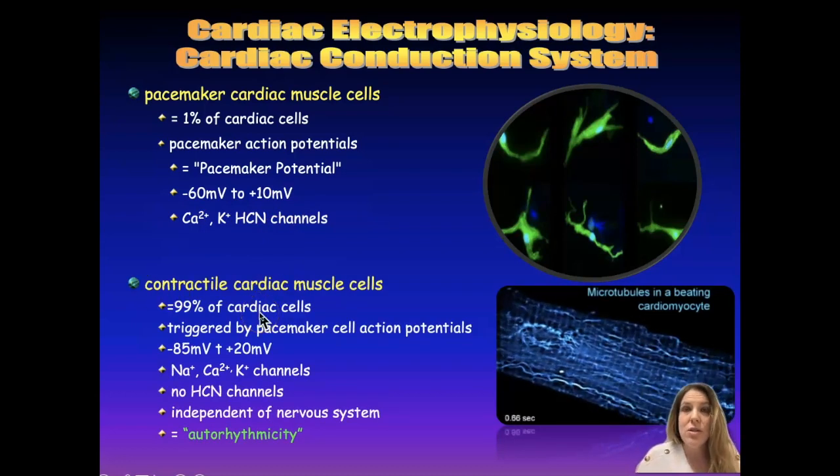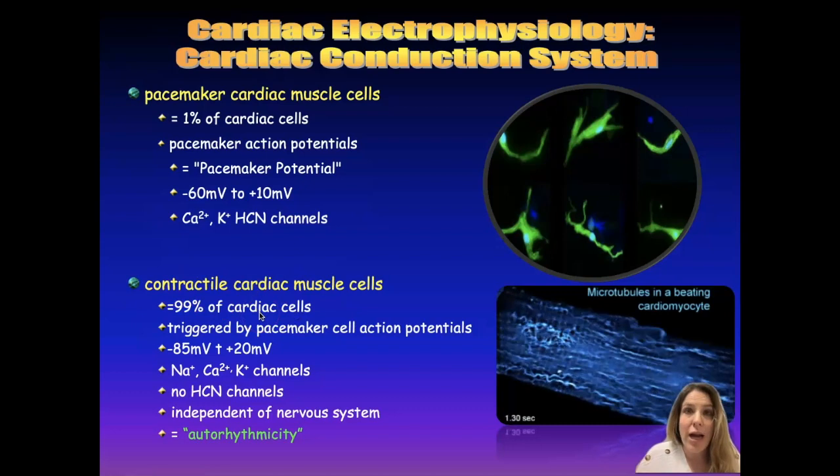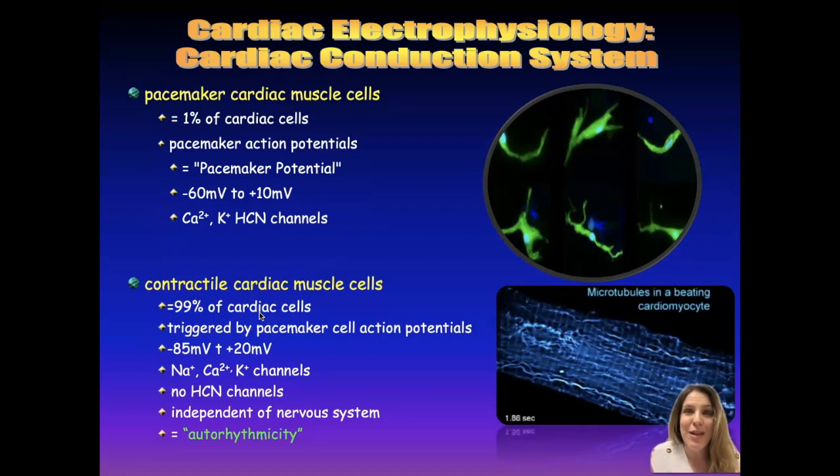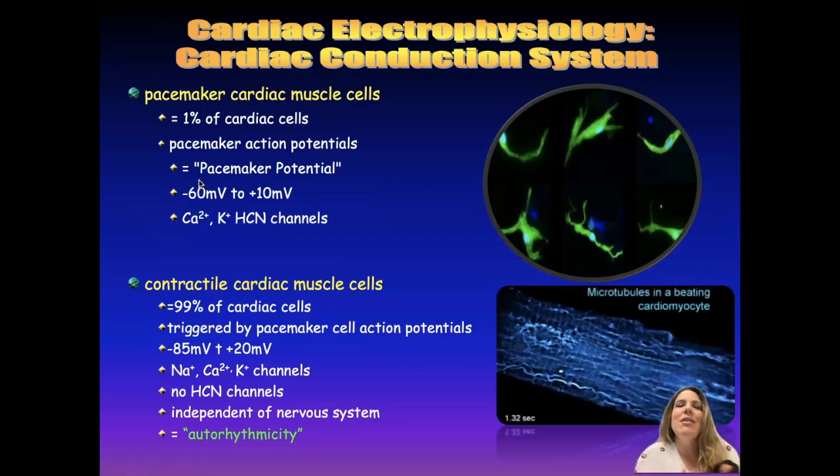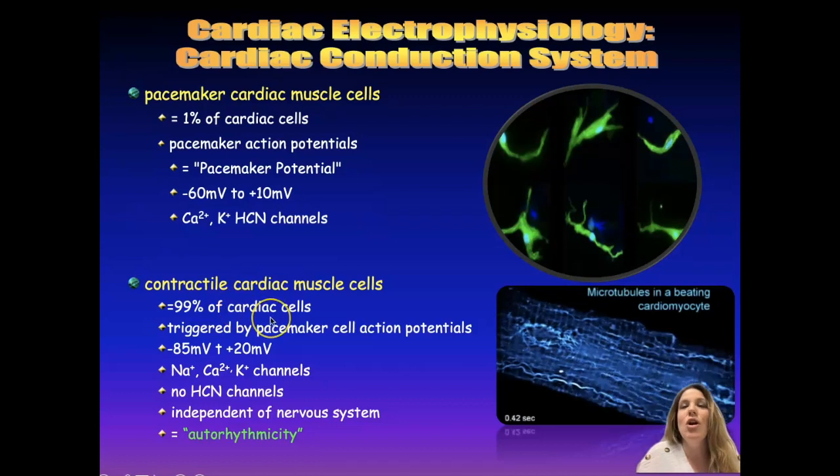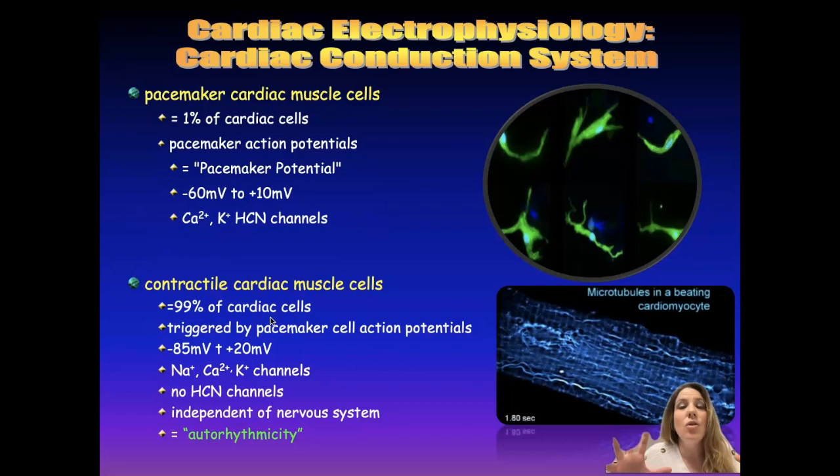Contractile cardiac cells are the cells that actually do the contracting of the heart to make systole, to make the contractions. This is all the rest of the cells, so about 90% of the cells in the heart are contractile cardiac cells. And what's going to trigger their action potentials are the action potentials you just made from the pacemaker cells. Once the action potential, the electricity, goes through the pacemaker cells, it is then going to be sent on to the contractile cardiac cells, where those action potentials will spread through those contractile cells, and all those cells will